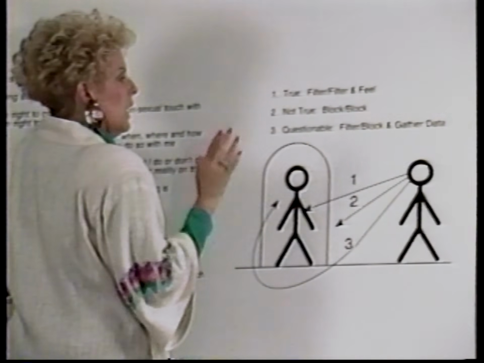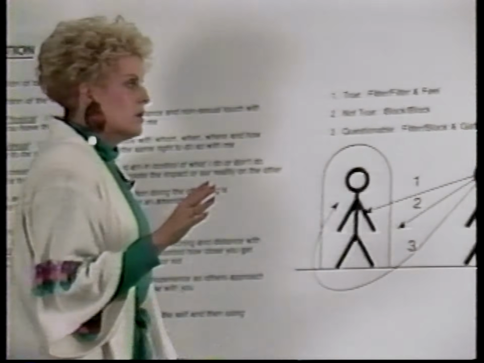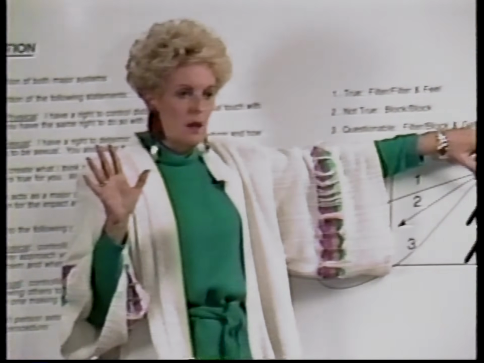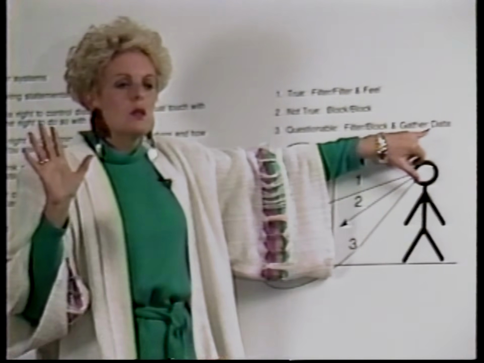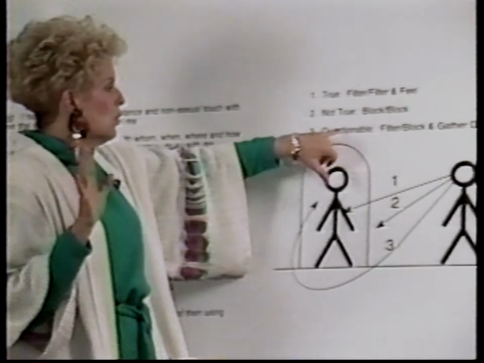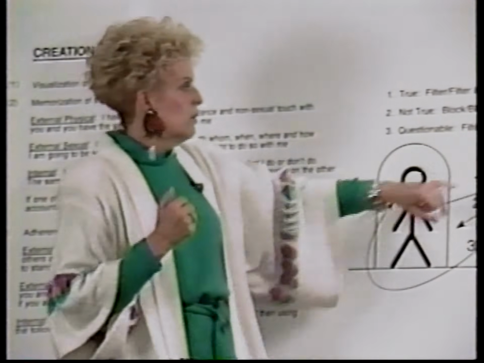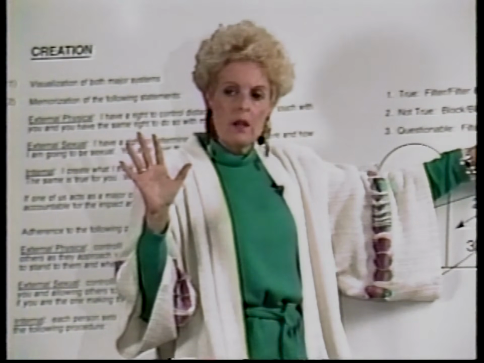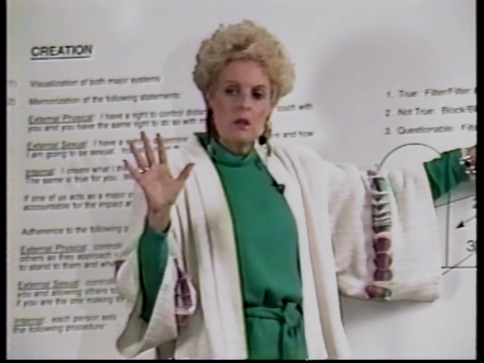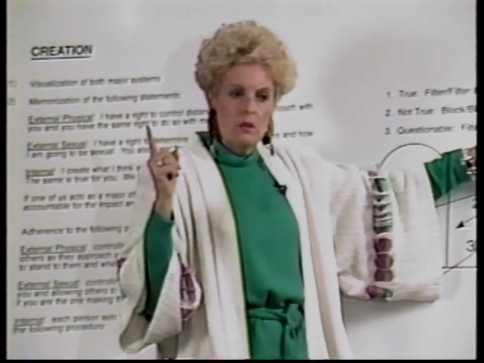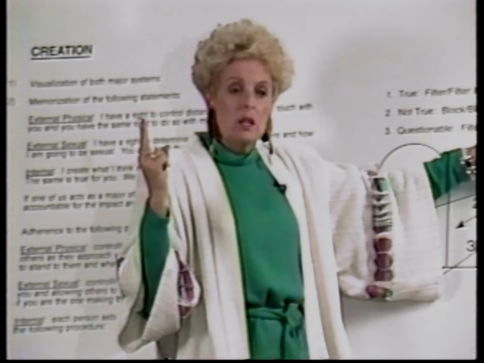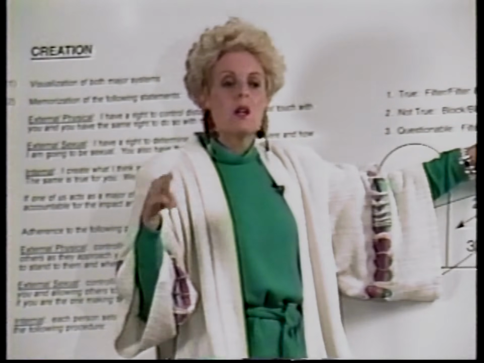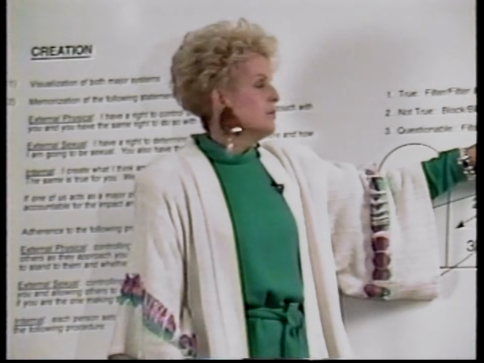Now, if he gets more data, he needs to gather the data in a very specific way. And I would write this down. It's not up here. When you go to gather the data, when you come up with questionable as you're receiving that incoming reality, you need to be sure that you do that in 4 sentences or less, without blaming the other person, without complaining or whining, and without explaining yourself, which means you put a because in that sentence. Okay?